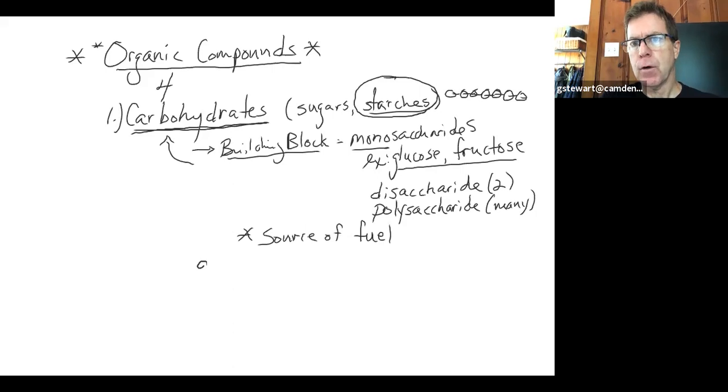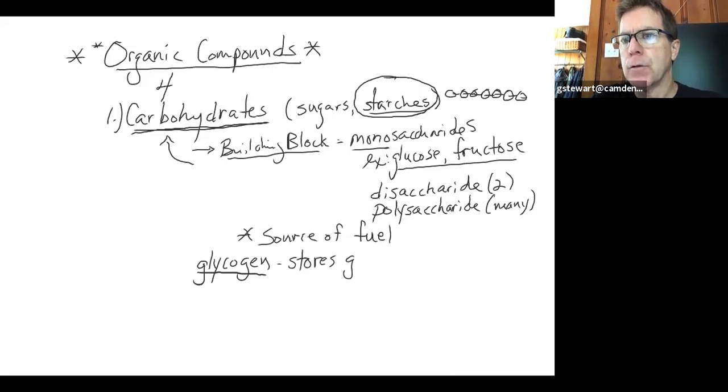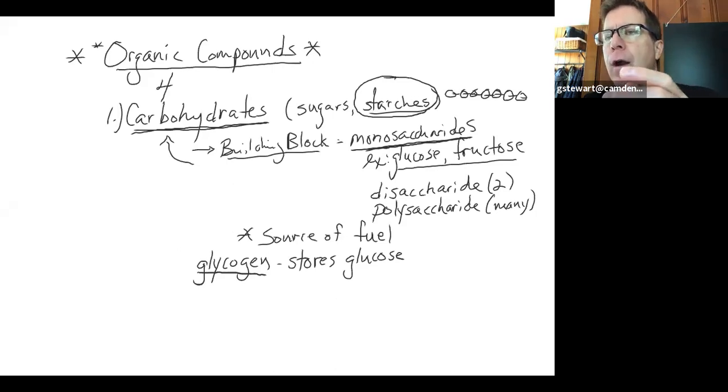Also, this word, glycogen. I'll use it. You'll hear it all through A&P 1 and A&P 2. This is how your body stores glucose. So we eat something like a candy bar. It gets broken down by our digestive system, or pasta, if you like to eat pasta. That gets broken down before we absorb it. Then our body absorbs these monosaccharides, glucose. And let's just say we eat more sugar or carbs than we need